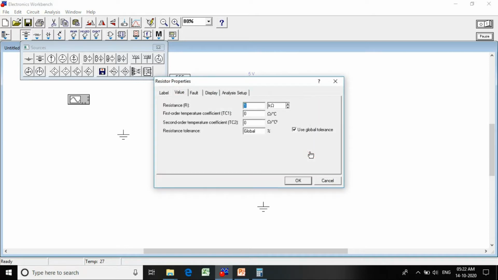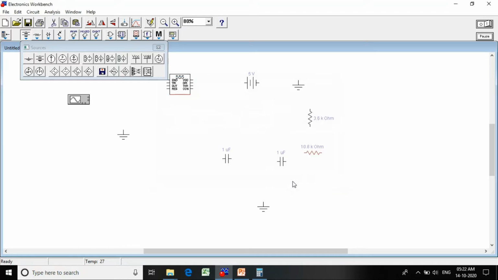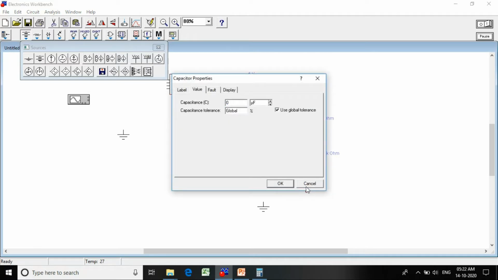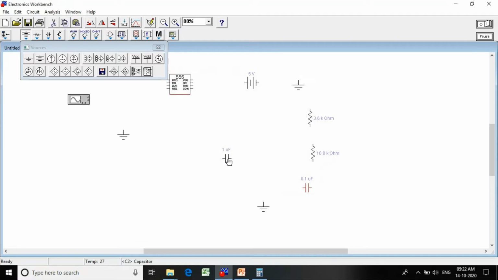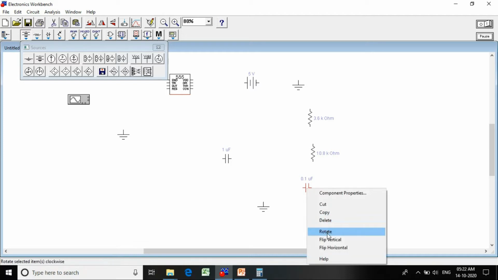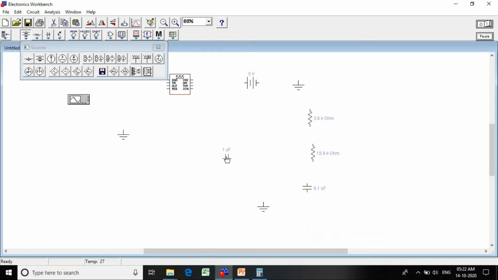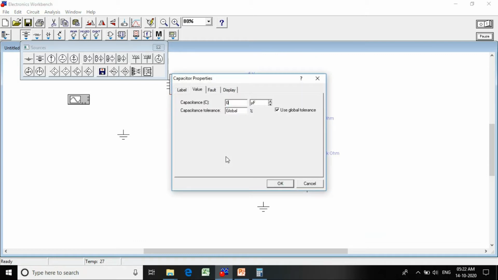What actually is the RB value? We'll take it as 10.8 kilo ohm. And the capacitor which is connected to RB is of 0.1 microfarad. And one more capacitor we need, which is of 0.01 microfarad.